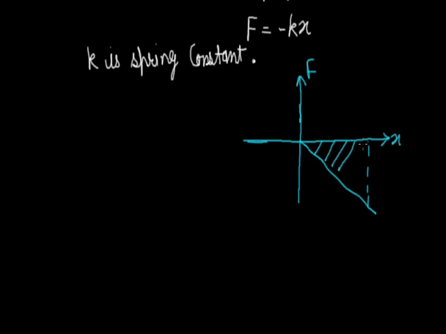So, to calculate the net work done by this variable force, we can find the area between the F-x curve and the x-axis. The slope of this graph is negative, meaning minus k, and the negative sign shows that F is in the direction opposite to the displacement of the block. So in this case,